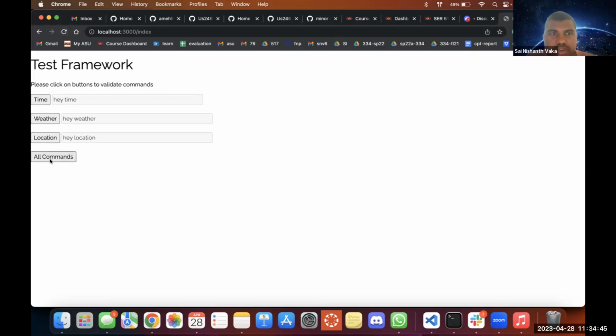The idea behind this test framework is to give a platform where future developers, when they continue developing features for the Sparky bot app or any Slack app, can separate these features into multiple APIs, web services, or microservices, and use this test framework to test those functionalities before integrating them into Sparky in the Slack workspace, and make sure that it's functioning properly. This is one of the design solutions which we have provided